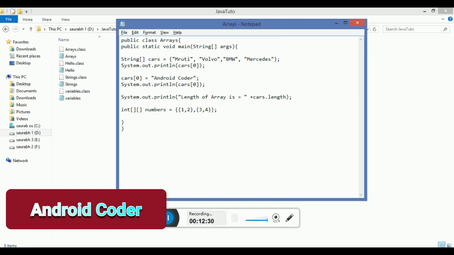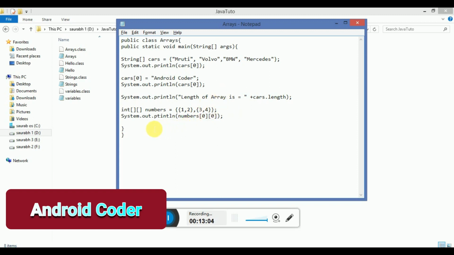To print any of the numbers, we use System.out.println, numbers, which is our variable, and in double square brackets we just enter 0, 0. What does it represent here?